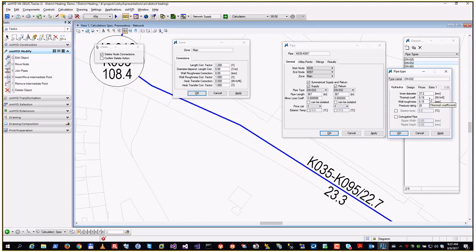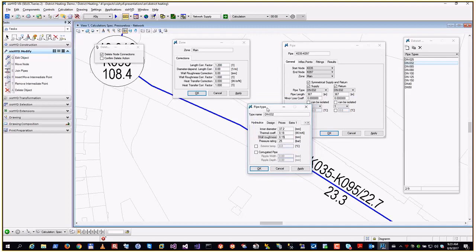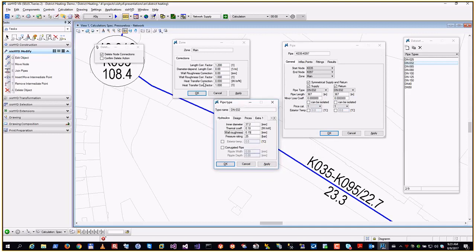It has a thermal coefficient, which describes the heat loss, the wall roughness, and pressure rating. I move it a bit over here. In the zone, you find the correction factors that apply to the heat loss computation. So we correct the heat loss computation with